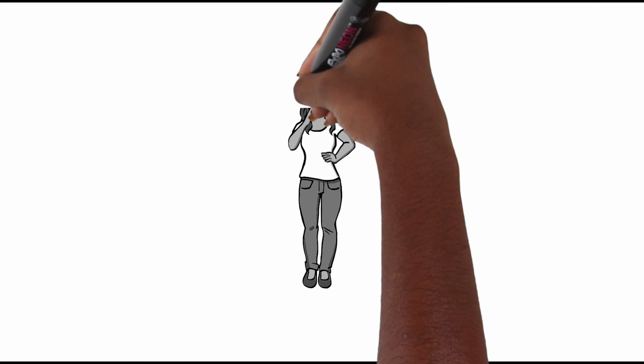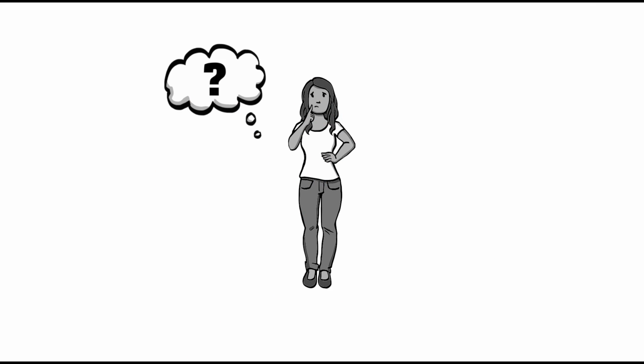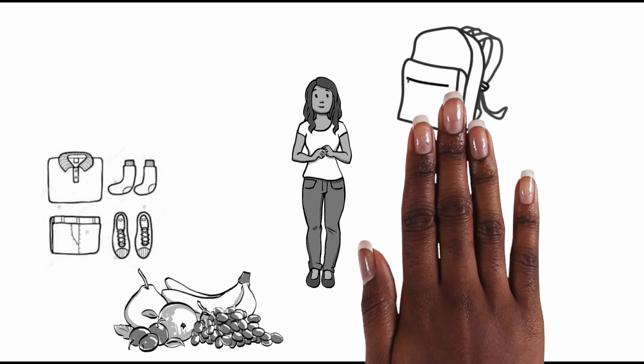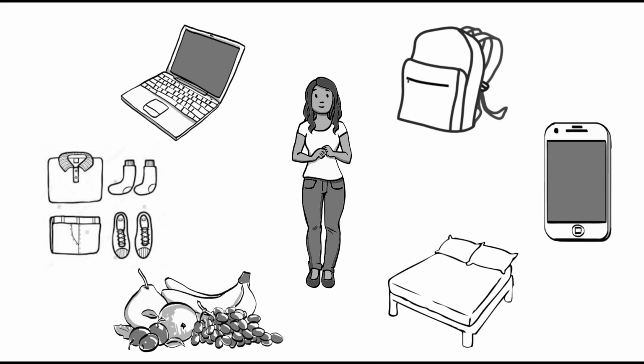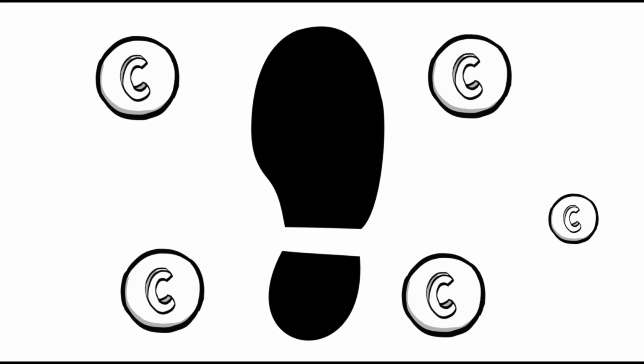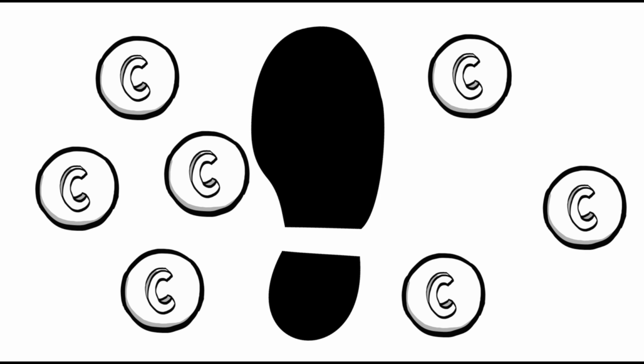So you may be wondering, what do I have to do with this? What is our role in the greenhouse effect? Well, you and everything you own has a carbon footprint. This is the mark you leave on the environment from the carbon emissions produced directly or indirectly by almost everything you do or use. So how big is your carbon footprint?